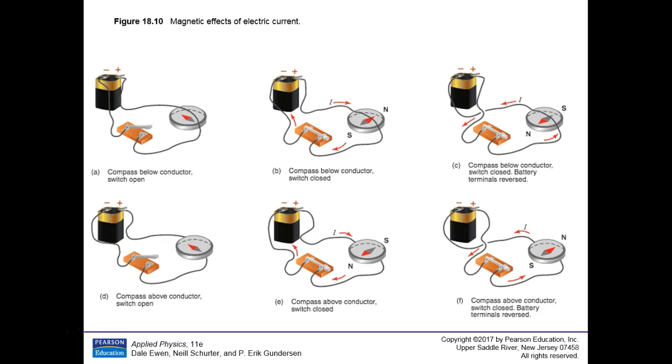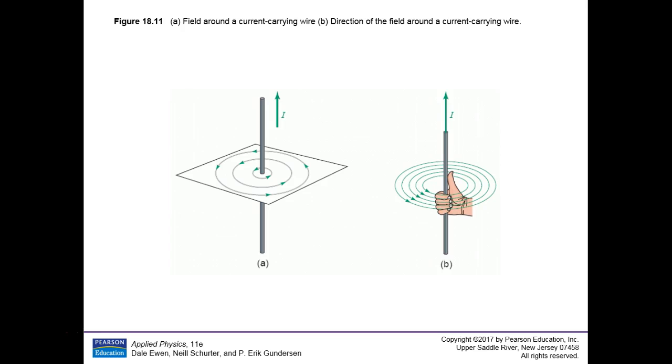The direction of the field near the current of a straight wire is called Ampère's rule, and here's what it is, just what I was saying. Here's that wire going through a piece of paper. If you took iron filings and put them on there before you put the current through, they just lay scattered around. Now we're going to use a positive current going up the wire here. Not really, but imagine that.